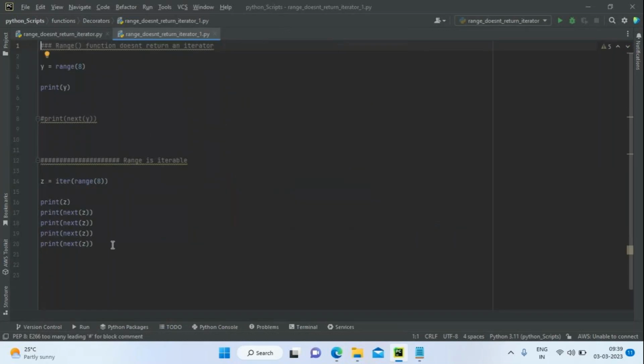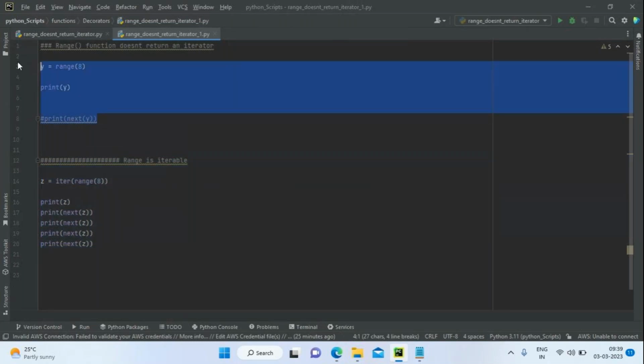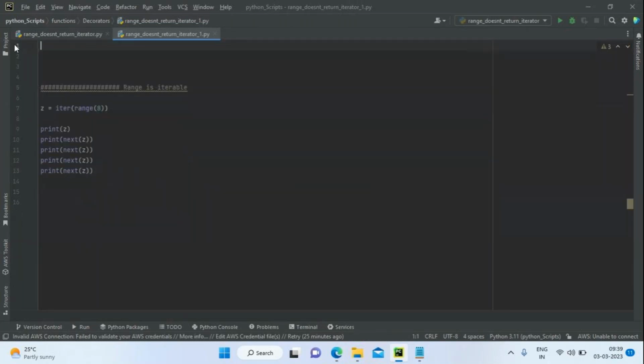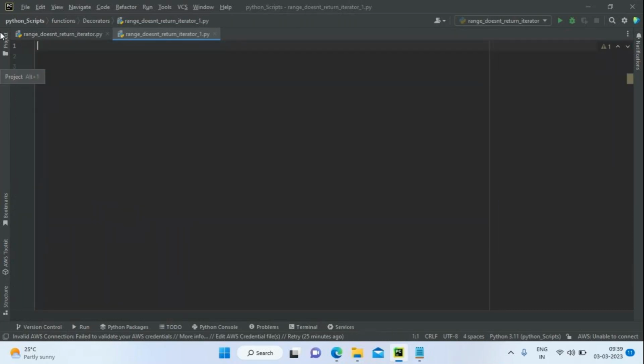Now what I'm going to do, I'll remove all these things. I'm going to have one variable called z. Then I'm going to have one range function. The start value will be 1, the end value will be 31, and the step value will be 3. Step value means it will increment 3 by 3: 3, 6, 9, 12, 15, like that, it will keep on incrementing. That's the step value. Now if I print the value of z,